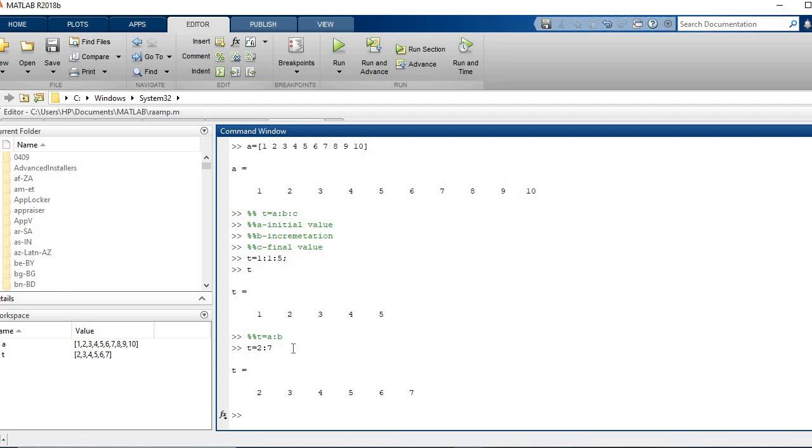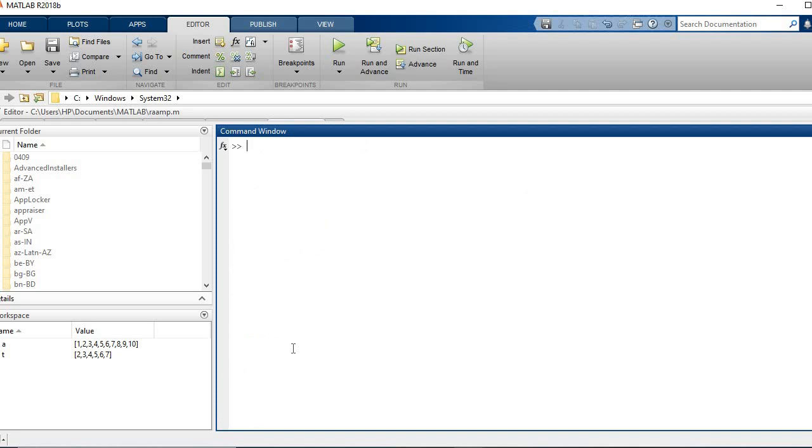Now we'll move to some basic operations, that is the arithmetic operations. Okay, first we'll clear the screen. CLC, clear all. Clear all will remove all the variables that were defined here in the command window from the workspace. Okay, now we define a matrix or an array as A equals 1 colon 4, it will lead to an array. Now we define B as 2 colon 5.